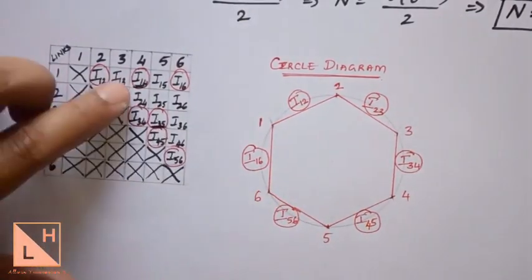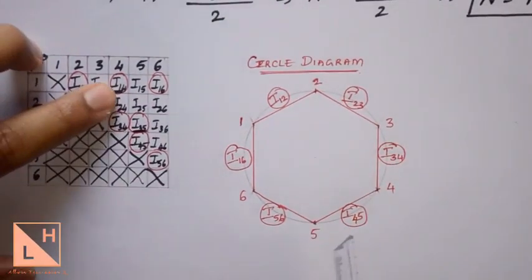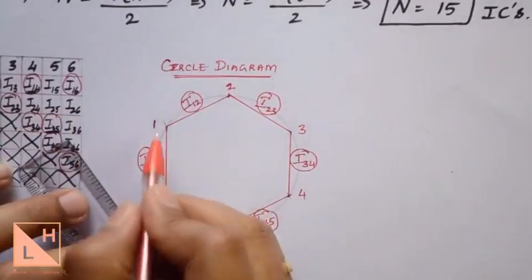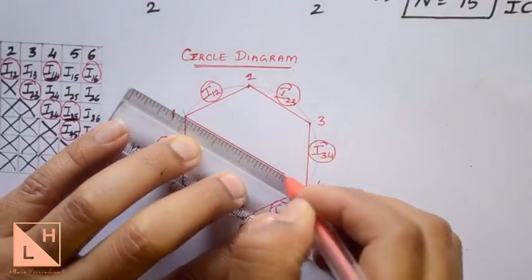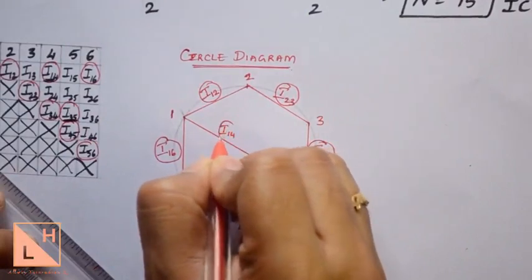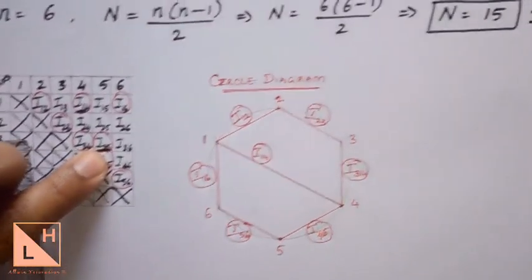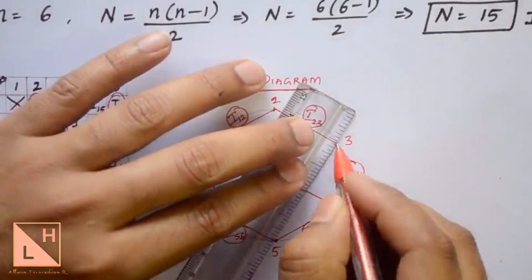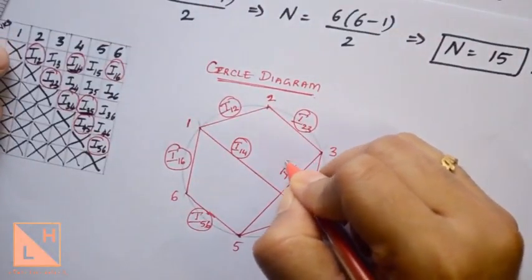So let us connect these points 14 and 35 so that we represent the instantaneous centers I14 and I35 from the box diagram. So point 1 is here, 4 is here, you join them with a dark line. This will represent I14, and then one more point that we need to identify is 3, 5. So we have point 3 here and point 5 here, join them with a dark line. This line will represent I35.